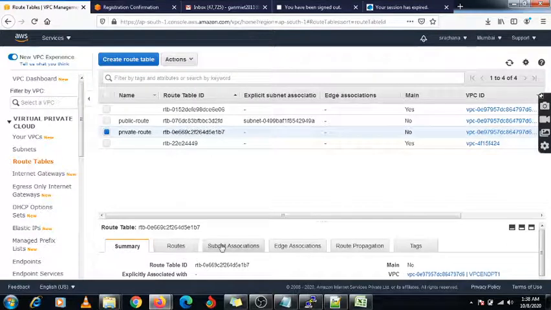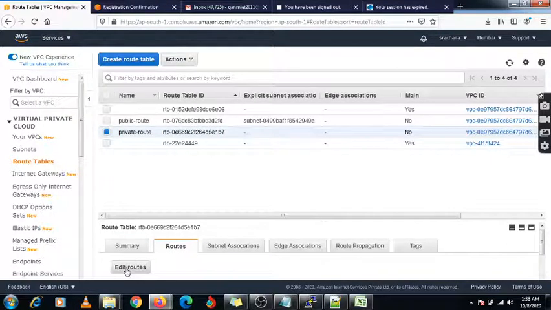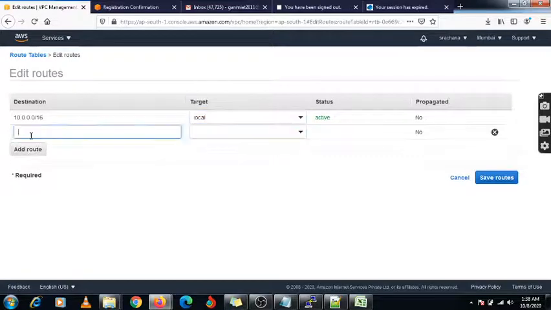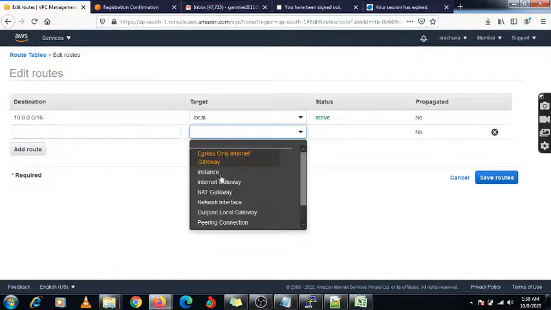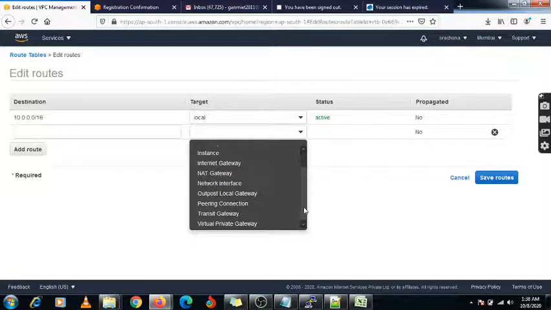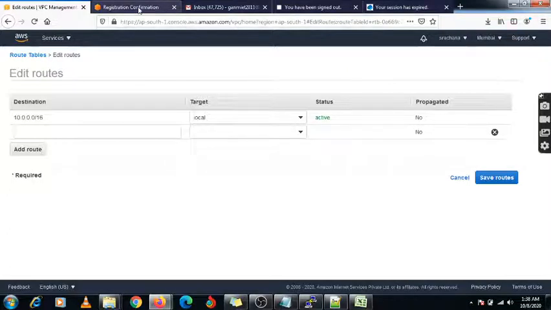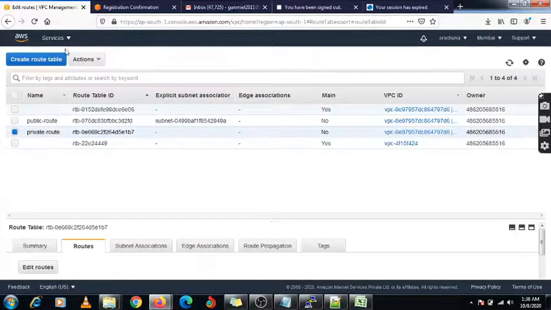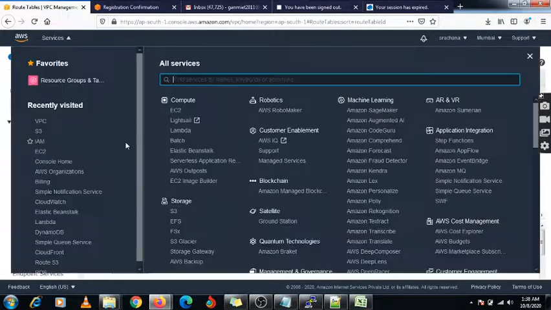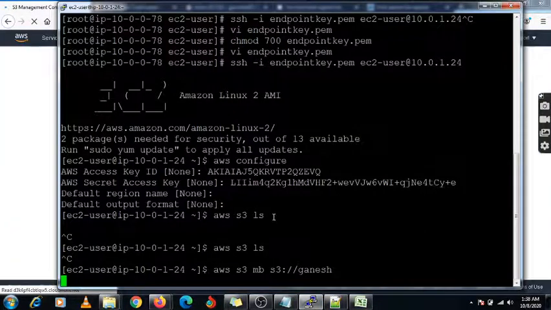Private subnet, here is the route, and edit. Here you can add and specify the path, that is the endpoint. No, actually there is no option to specify an internet gateway, because under this endpoint we have already assigned that private subnet, so there is no need to assign it here. What's wrong with that? Again I need to check whether this command is working or not. No, still it is not connected.